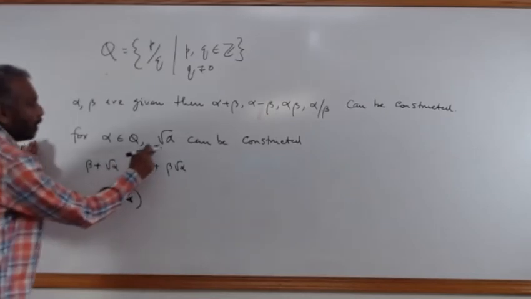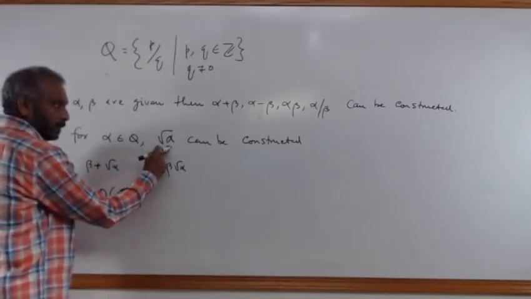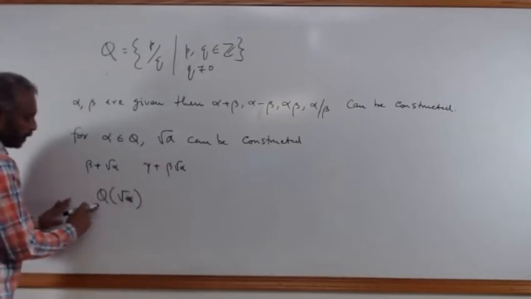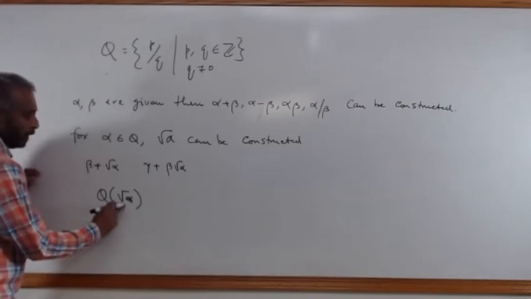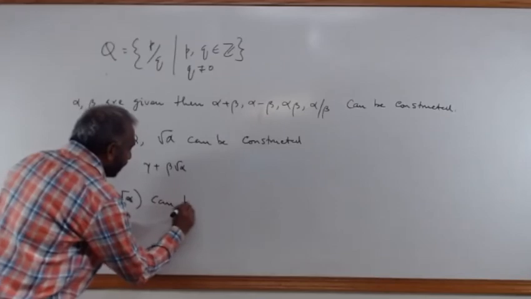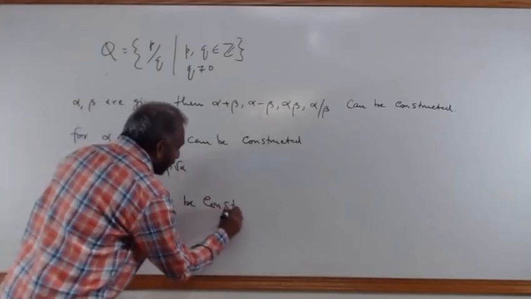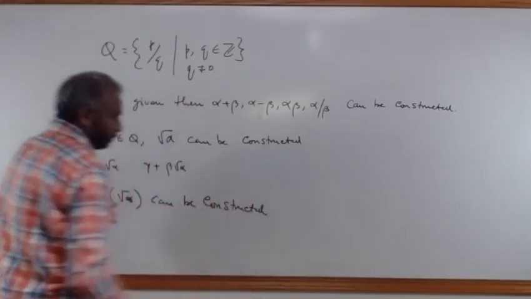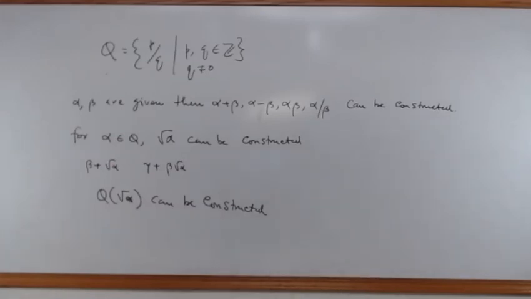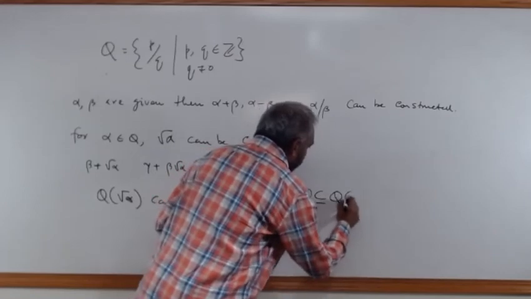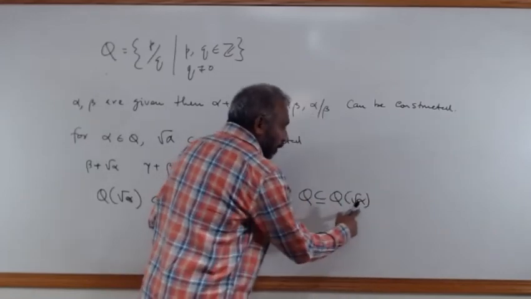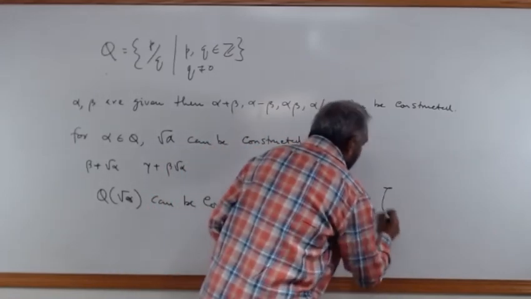So if you know root alpha can be constructed, then Q of root alpha can be constructed. So that is what? That is actually Q is a subfield of Q of root alpha, or Q of root alpha is an extension of this with the degree